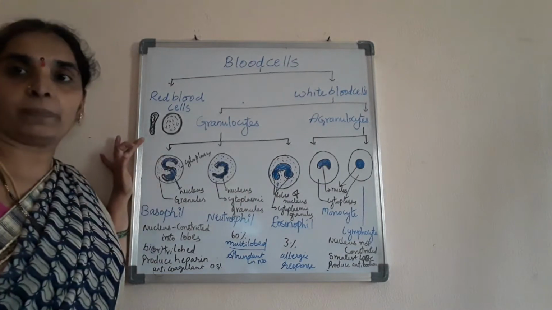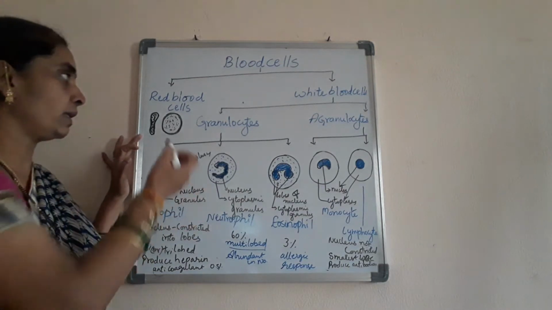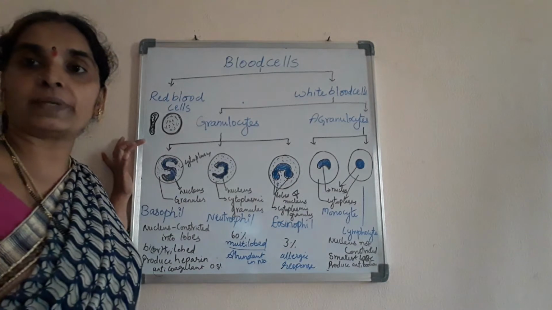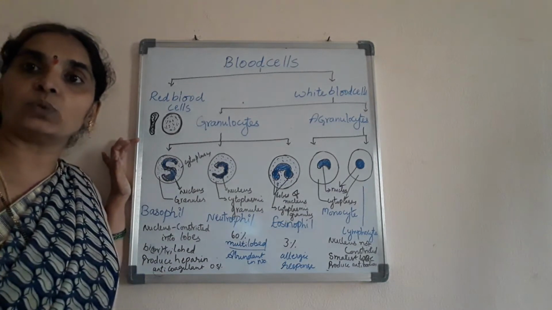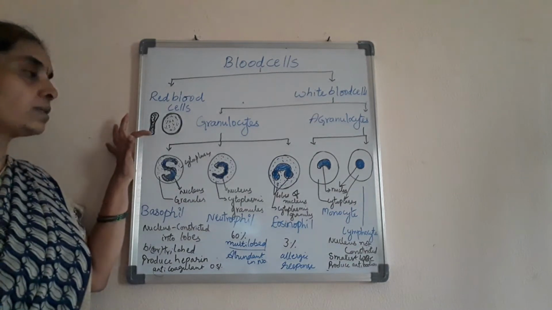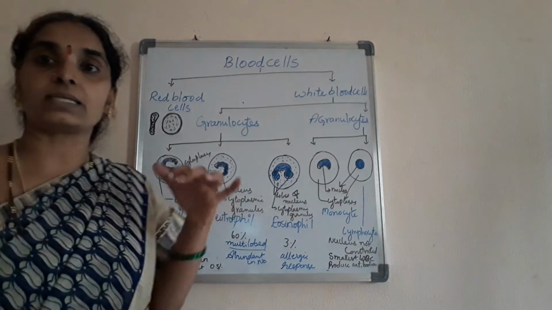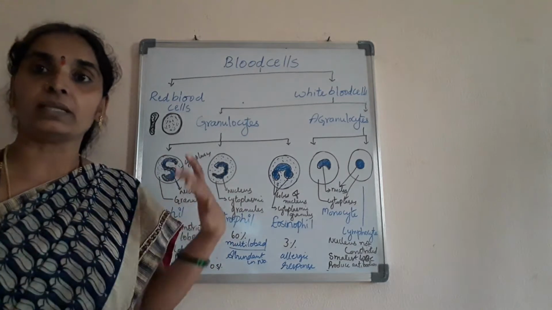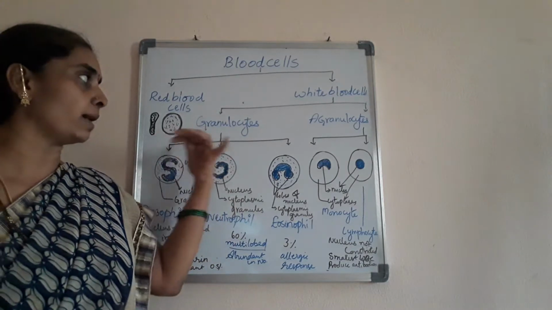They are spherical or biconcave, and they are red in color. The blood is red in color due to the presence of the red blood cells in our body, and they are more than 5 to 6 million in count. If the number of blood cells in our body is less, then we feel anemic and suffer from anemia.